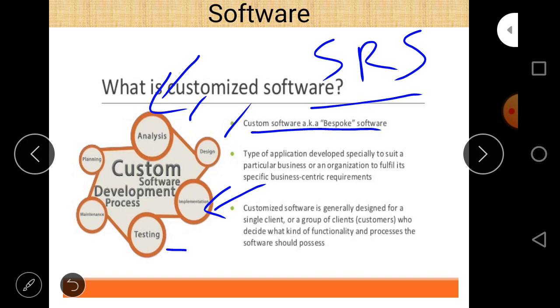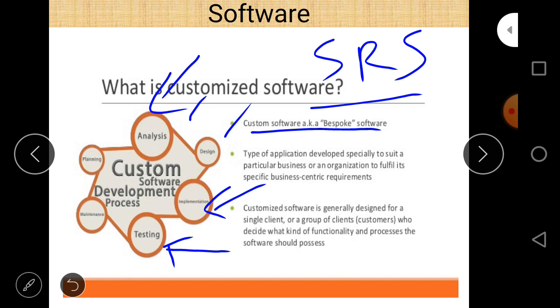So the testing phase is there, in which our focus is to find an error. We intentionally execute a program or software to find an error, because our aim is to make the software error free, or bug free. A bug is also called an error. So bug free or error free is part of the testing phase.